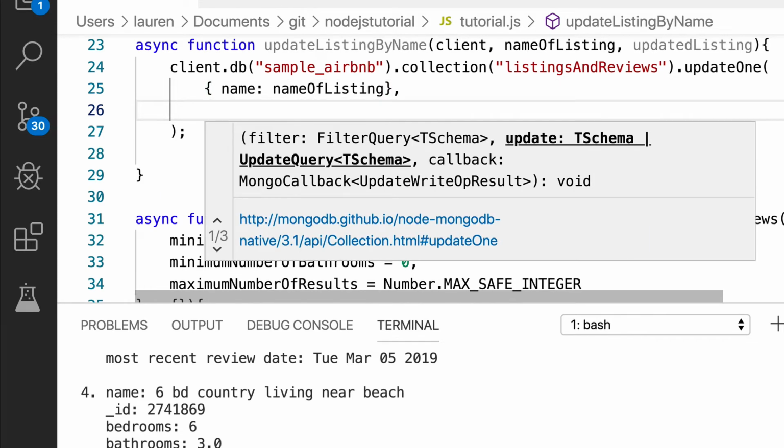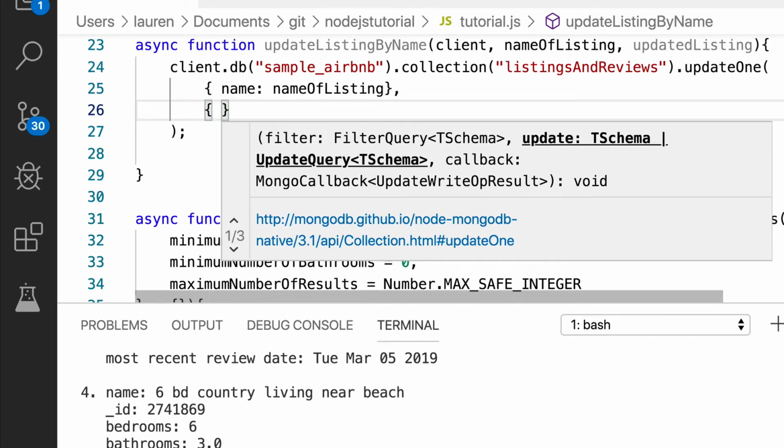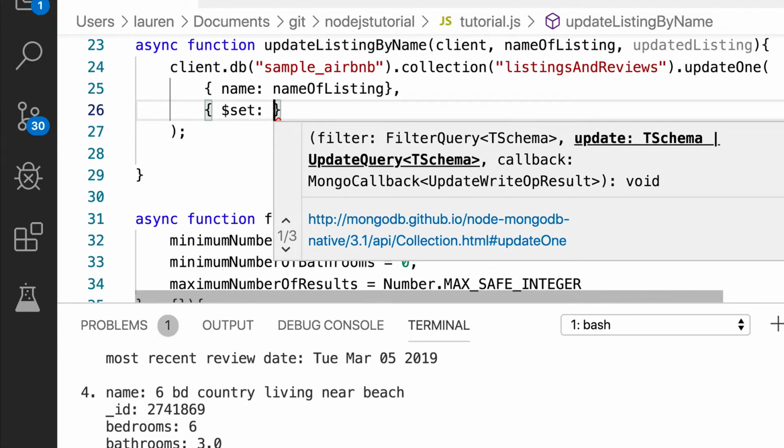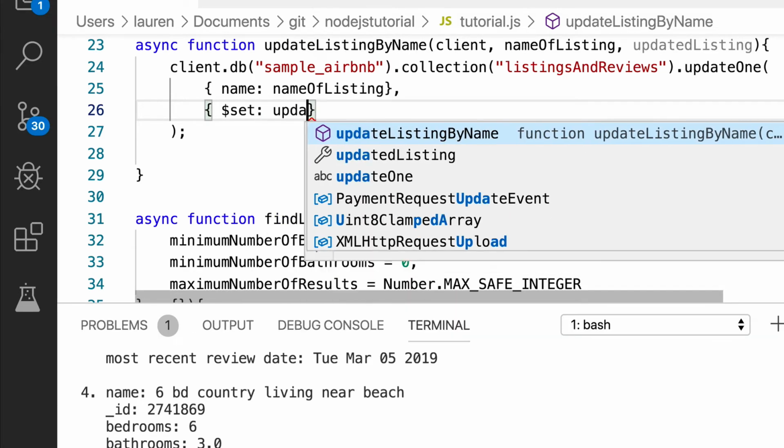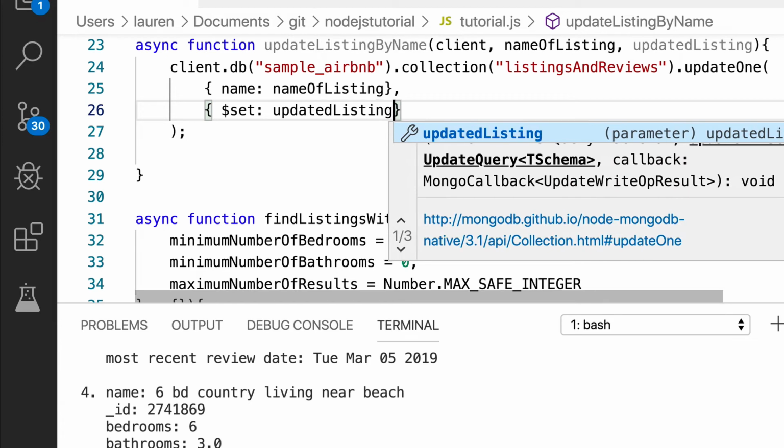Now we need to indicate what we want to update. So we're going to use the set operator and pass the updated listing. The set update operator will set new values for new or existing fields in the document we are updating. When we use set, we pass a document that contains fields and values that should be updated or created. The document that we pass to set will not replace the existing document. Any fields that are part of the original document but not part of the document we pass to set will